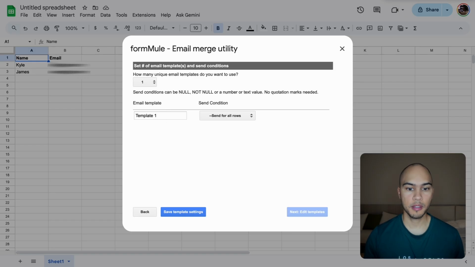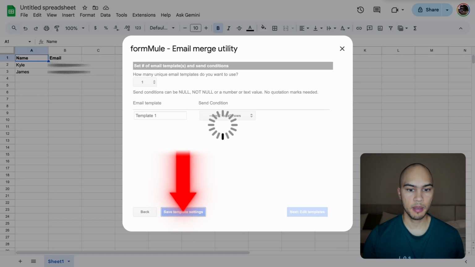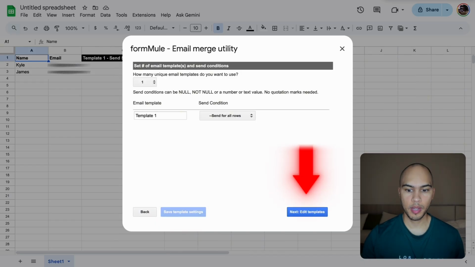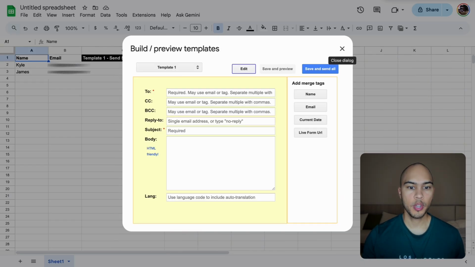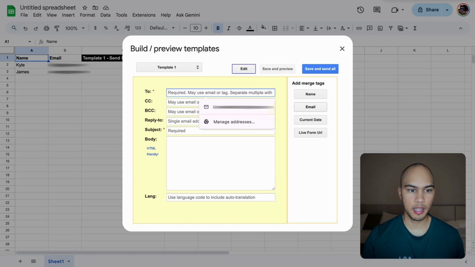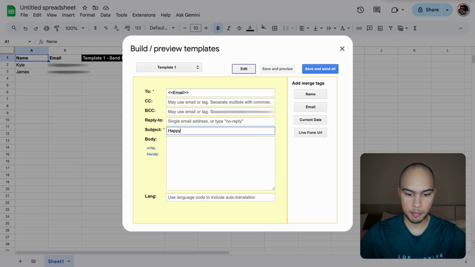You can select different templates, but I am going to use the current one. So Save Template Settings and then go to Edit Templates. You can then select who this email will be sent to. So I am going to select all the emails in my sheet. You can add a subject, Happy Holidays, and then you can add a body, Merry Christmas,